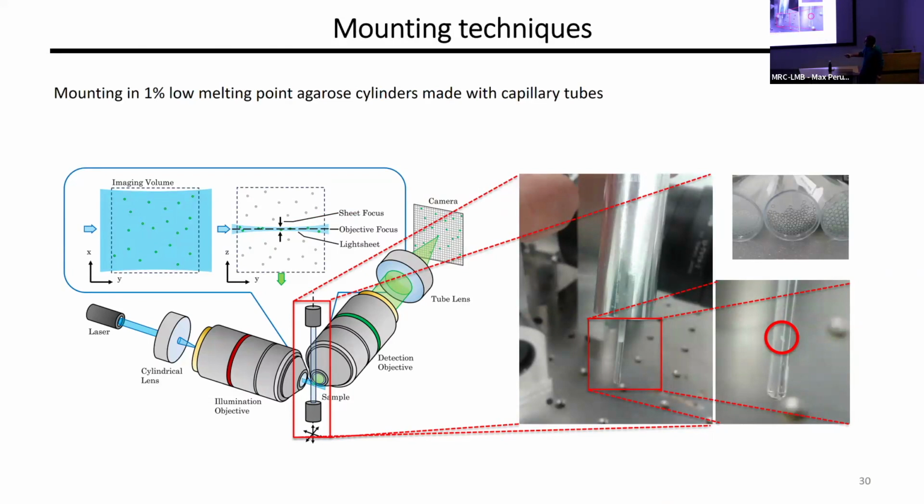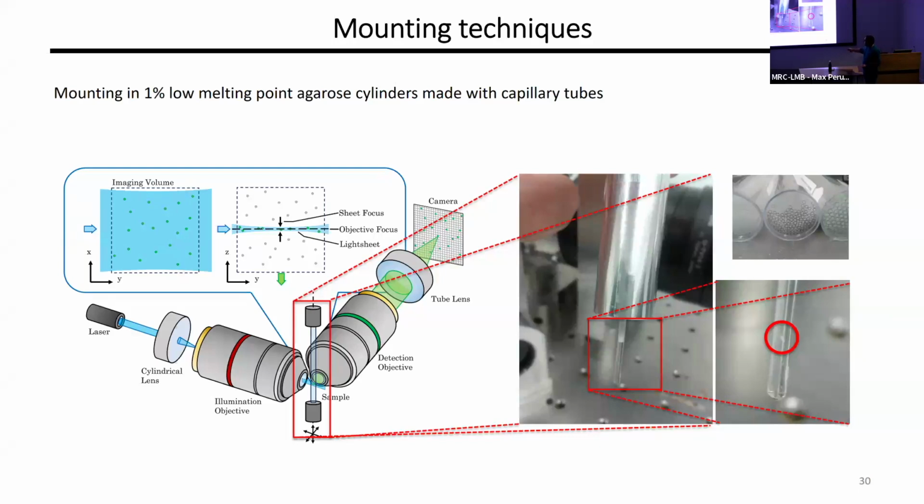Here it's a bit different because you have one objective that's being used for illumination and another objective that's being used for detection, either being like this or other types of configuration. So you cannot put a cover glass here or a slide here. And so the idea is that one of the most common ways of mounting a sample is actually having these